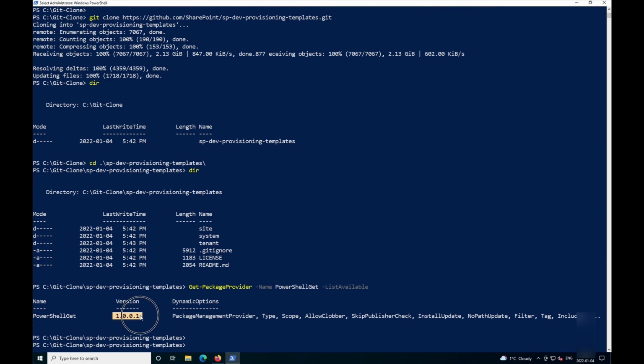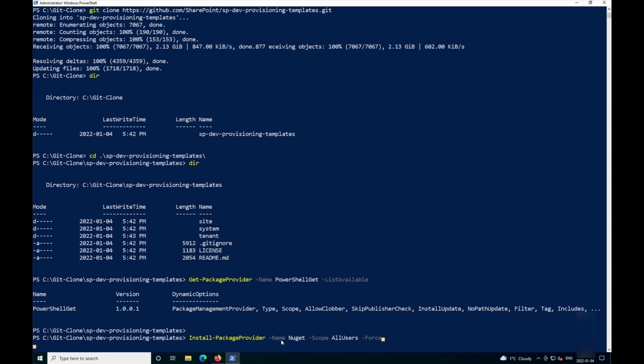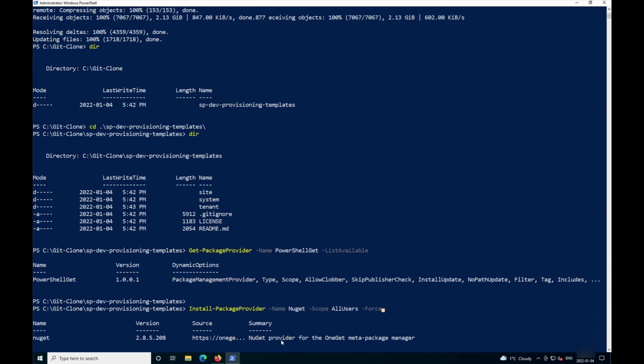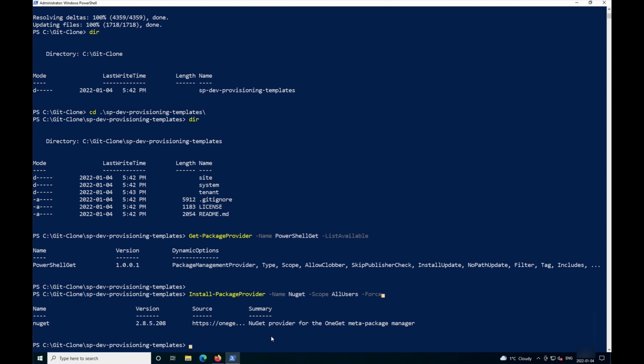Okay, we can see that the current version is 1.0.0.1. Recommended version is anything that is 2.2.5 and above, right? So I'll show you how to install the PowerShellGet command later. The next thing we want to check in conjunction is the NuGet, right? To see whether we have the version of the NuGet looks okay. 2.8 looks all right. Okay, so what we need to do is to update the PowerShellGet package,